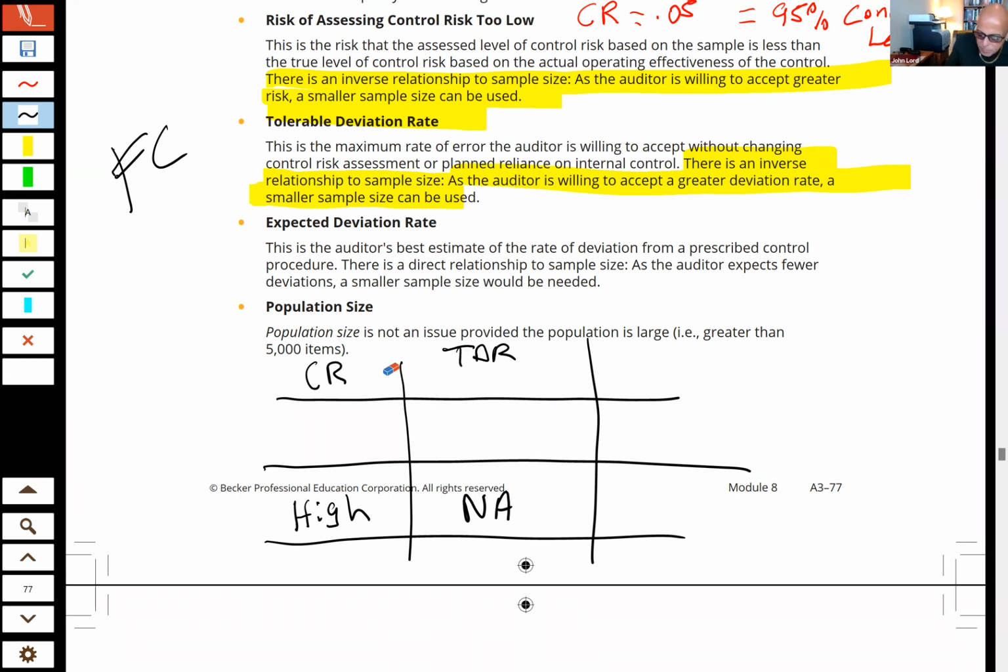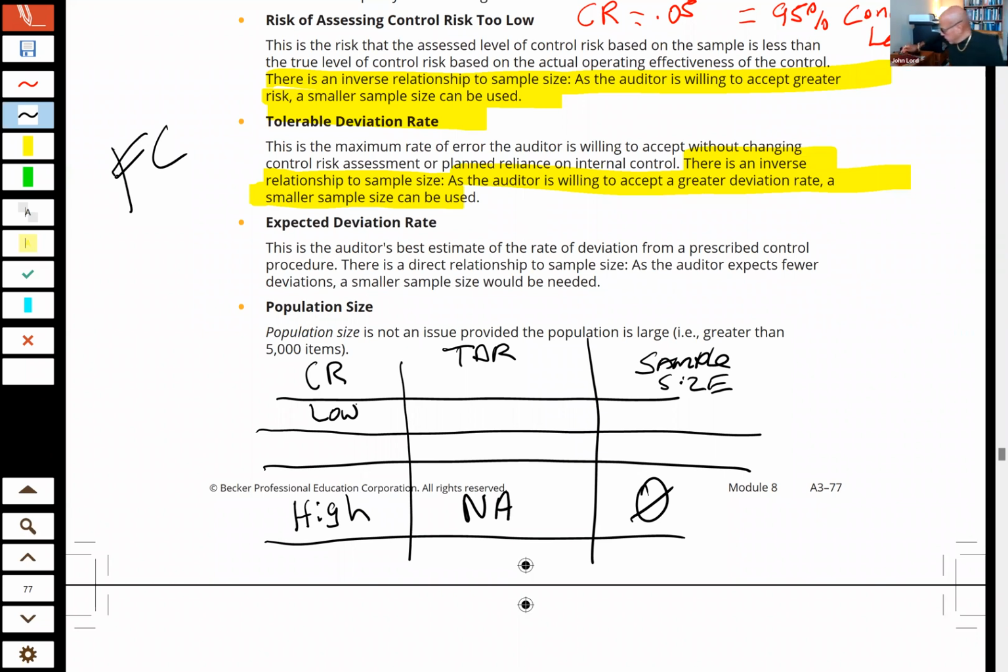What is my sample size if I assess control risk at high for my control testing? It'd be low or non-existent in this case. Zero. I wouldn't test the controls if I assess the control risk at high. Now, I'm just trying to figure out if I give myself enough columns here, and I assess the rows. If I assess the control risk at low,